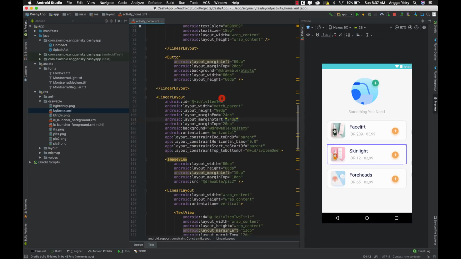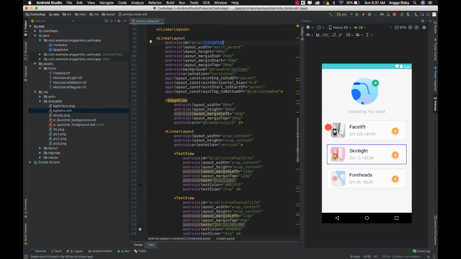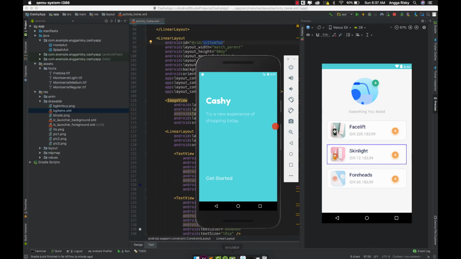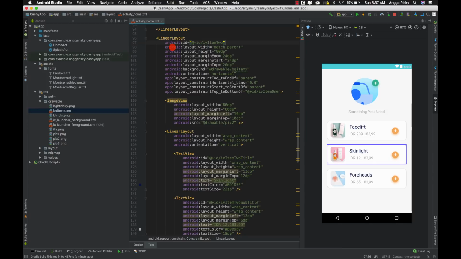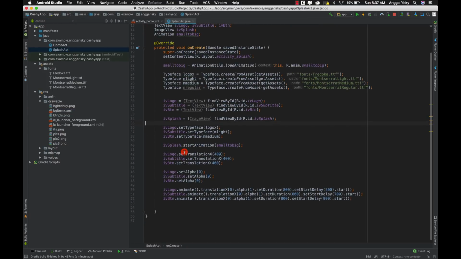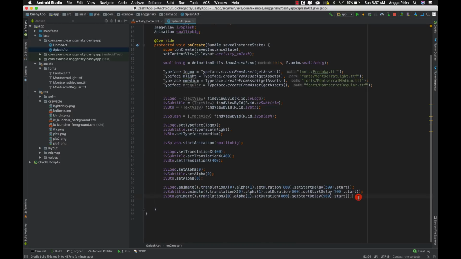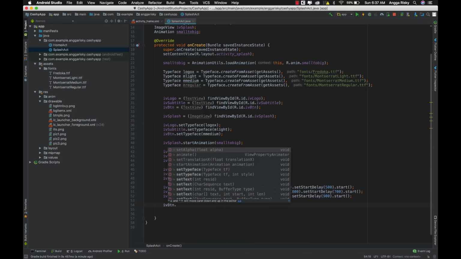And don't forget to change the ID, which is EV item 2 and EV item 3. Okay, and after that we have to connect this activity with this activity. Alright, so how do we do that? First of all we have to go to splash activity, and if you see there's the EV button here, we have to give set on click listener